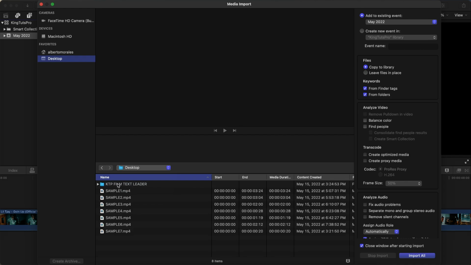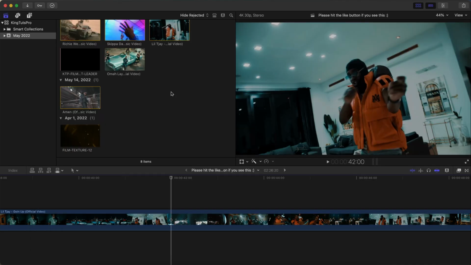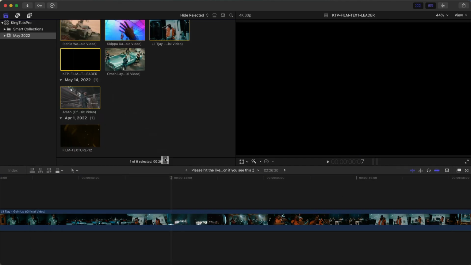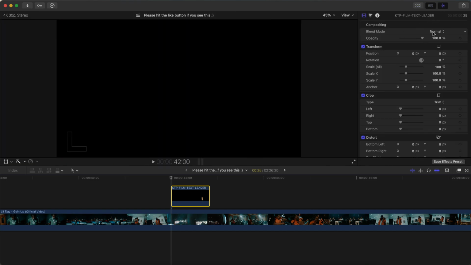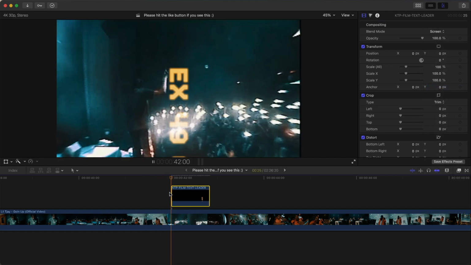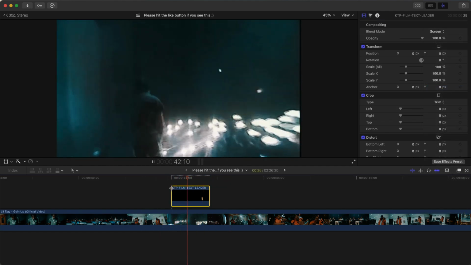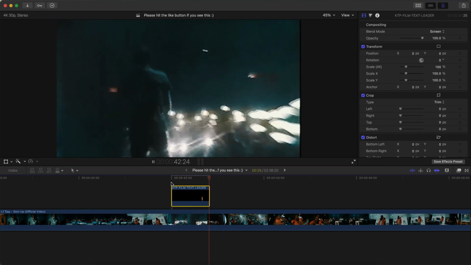Once you've unzipped the file, it's gonna be KTP, Film Text Leader. Open that one, and then here you have the actual clip here. So then just click Import All, and then I've already imported it, so you just click and drag this above your media. Once you've done that, go over to the Inspector tab, change the blend mode from normal to screen or lighten, and you are done. It's that simple. I've done the rest for you, so you don't have to spend so much time worrying about